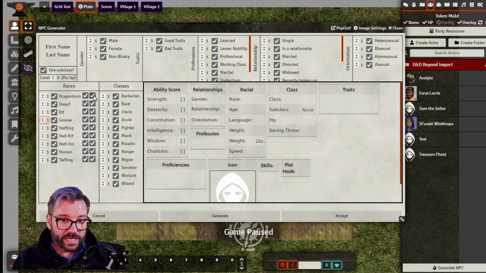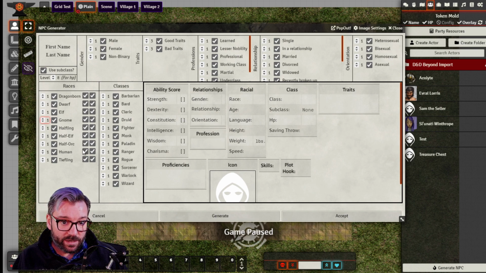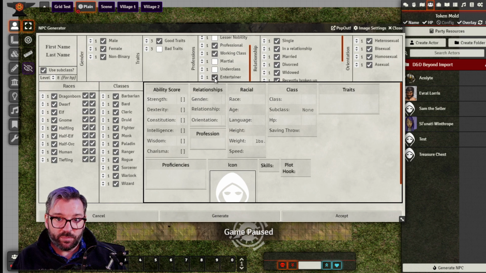This is forcing first and last names from specific races to be used. So it will auto-populate the first and last name there if you do that. You can choose what kind of gender, what kind of traits, what classes are available to come up, what kind of professions and relationships and sexual orientation. All that stuff you can leave out there, and it will auto-generate all of it. So if you're looking for a good maybe working class professional type person, you could leave it there. Maybe we leave all these relationships up and we leave all the orientations up, and we hit